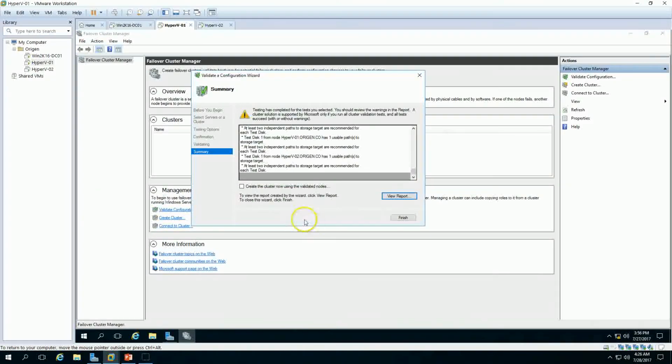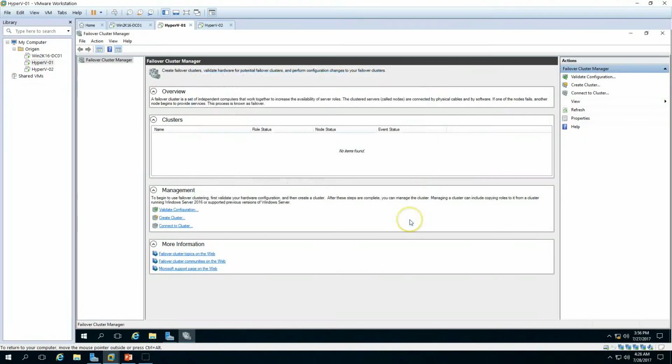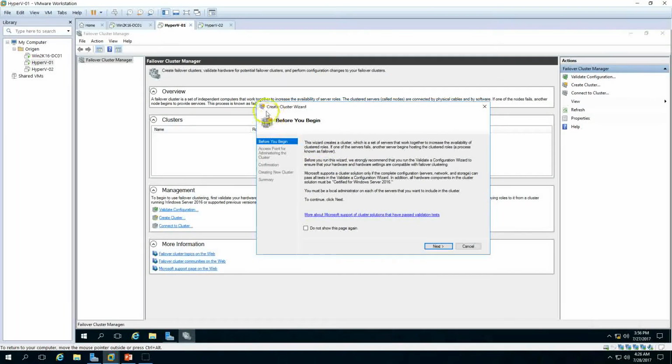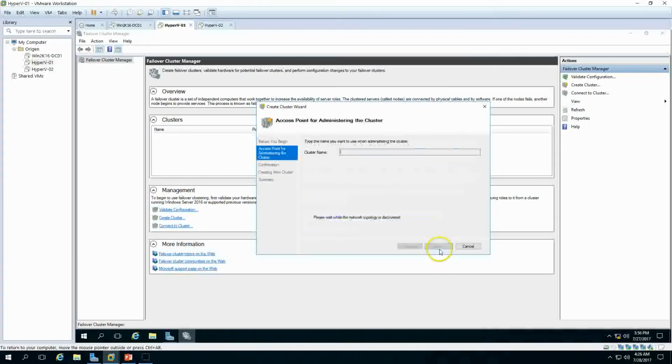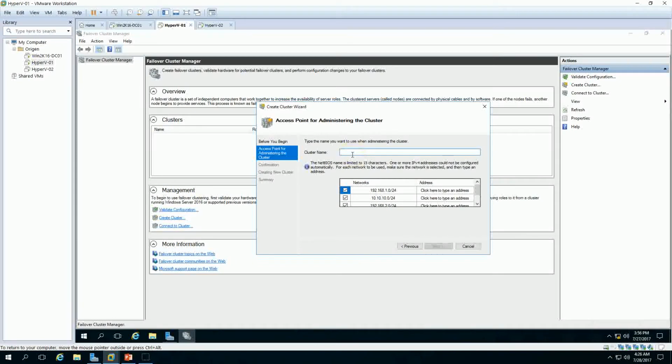So create the cluster now using the validated nodes. Click on finish, and now it will launch the Create Cluster Wizard for us. In the Create Cluster Wizard, click next, and here we need to give the cluster name. I'm going to use Hyper-V cluster 01, and I'm going to use an IP address from my domain infrastructure's IP range, which is 240. Click next,